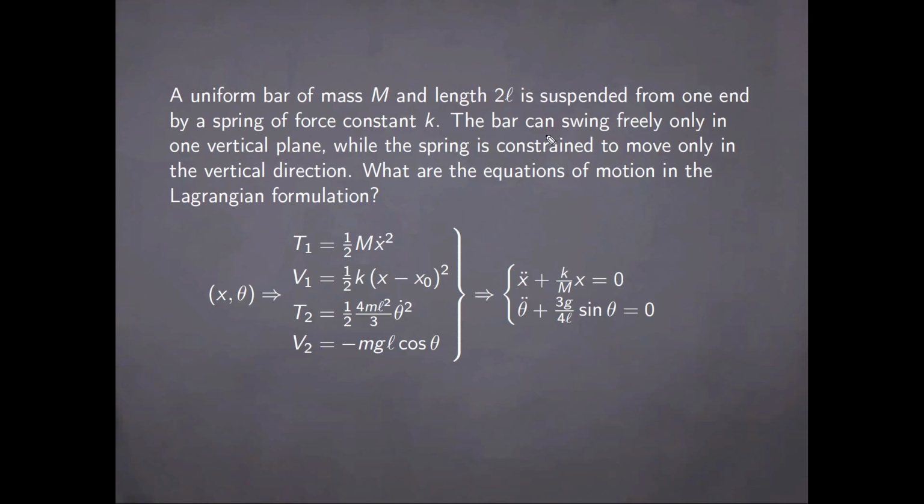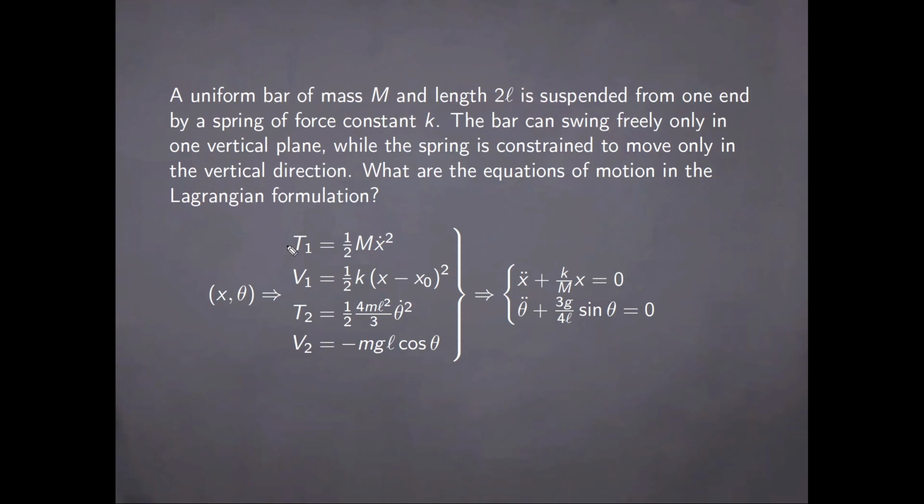The bar is constrained to swing freely only in one vertical plane, while the spring itself can move only in the vertical direction. So the two generalized coordinates that are of interest here are the elongation of the spring x and theta, which is the angular deviation of the bar from the vertical. And then we have first of all the problem of the motion of the point of attachment of the bar, which consists in the